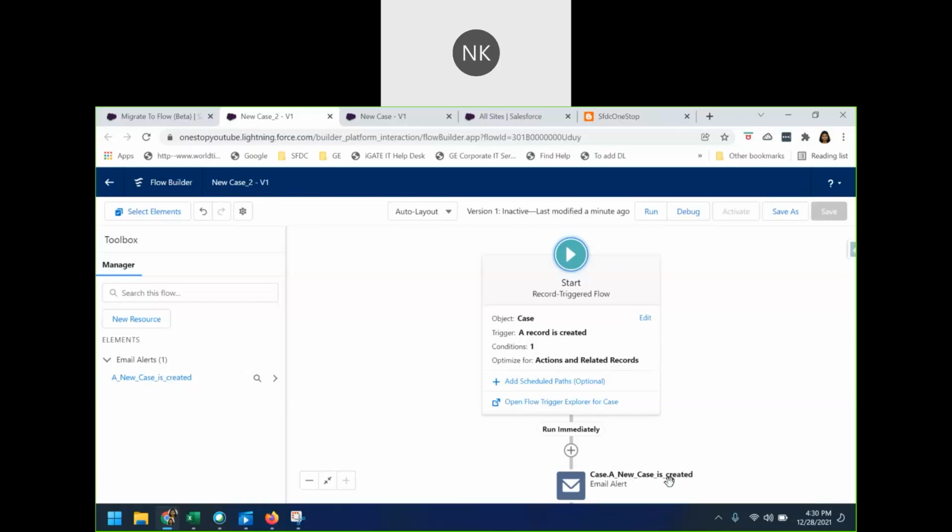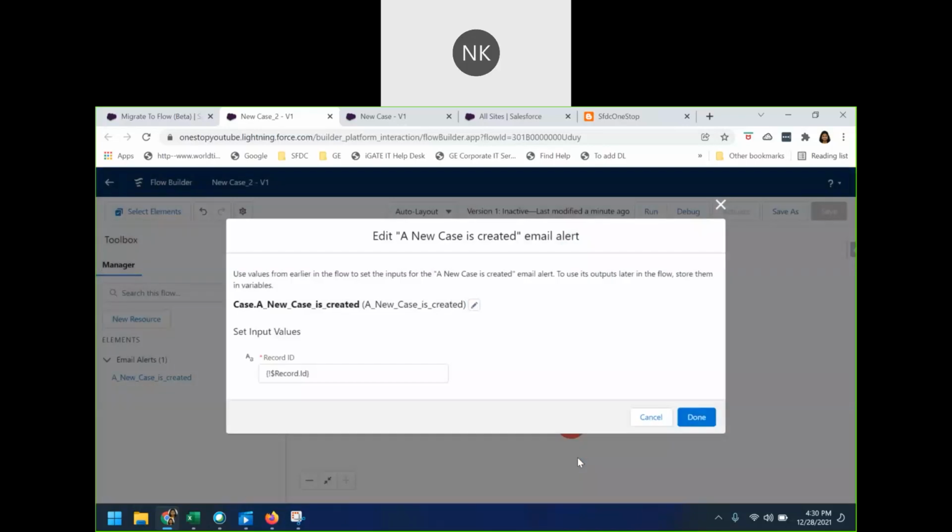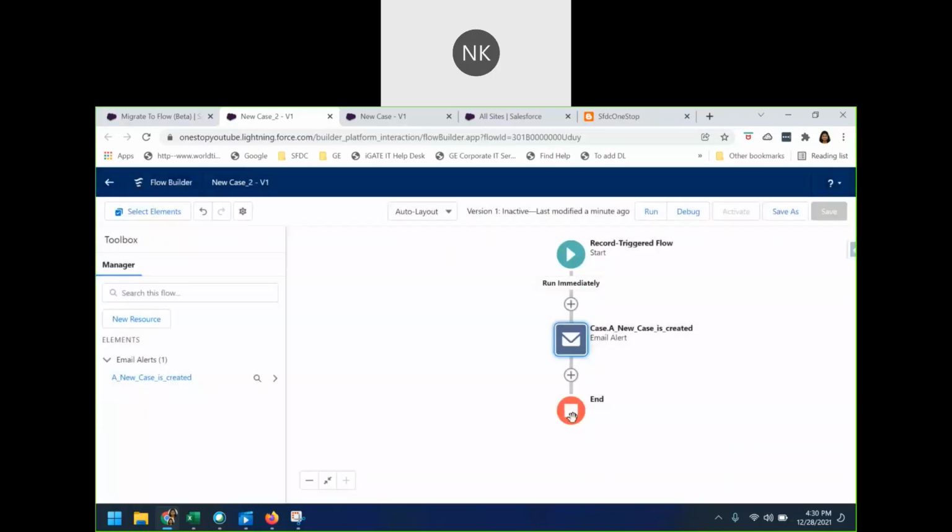So a new case is created. This is the email alert which is being used. You can take a look into that specific email alert. Edit the element. If you see, it has created by itself. Now once you do that, your flow is stopped. So this is how you can convert your workflows into the flow. And now you can try to